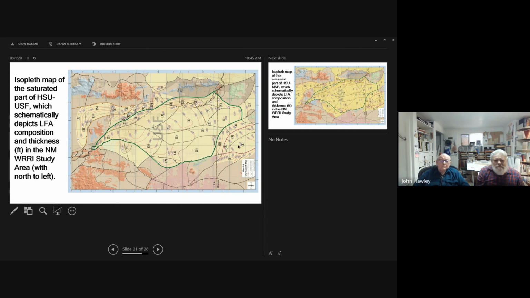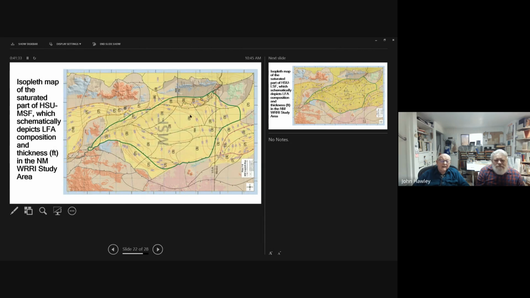And then we go deeper into the system, into the middle Santa Fe group, and we see it's still dominated by units of three that are ancient fluvial deltaic deposits that are mainly sand and intermittent fine sand and gravel, but still have pretty good hydraulic conductivity.